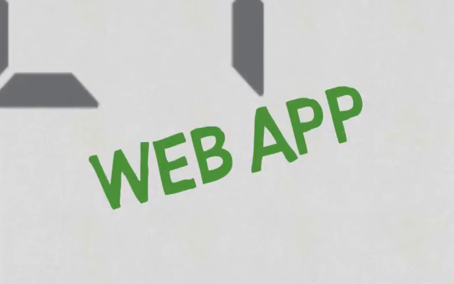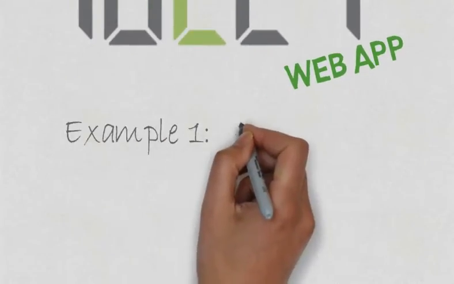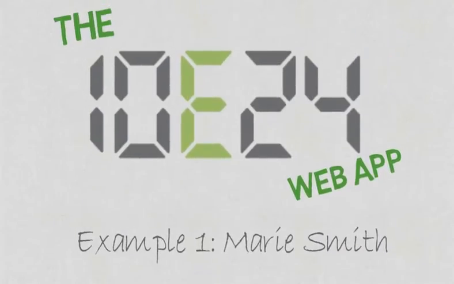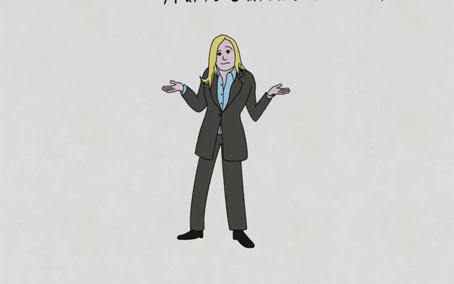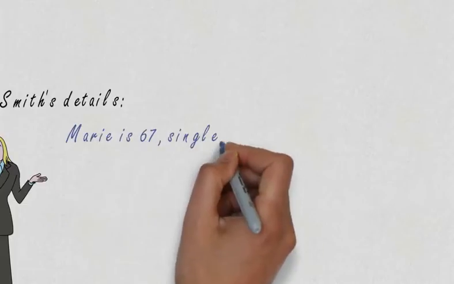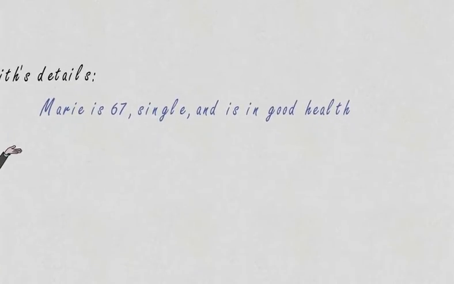Welcome to the 10E24 web app. This second video demonstrates how we can use the 10E24 web app to help Marie Smith find her best investment and consumption strategy. In this hypothetical example, we consider a single female who is 67 years old and in good